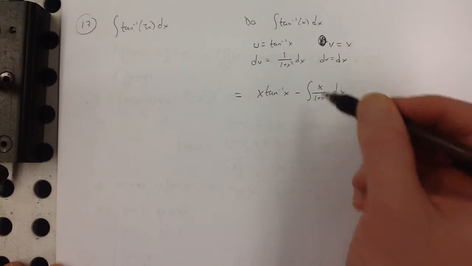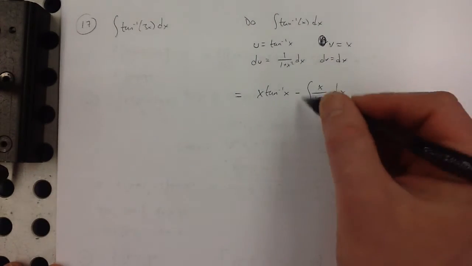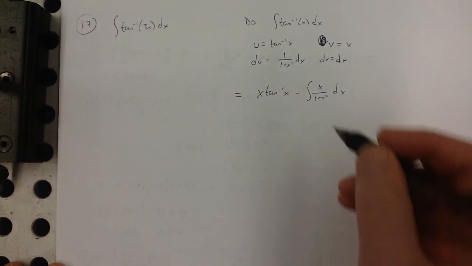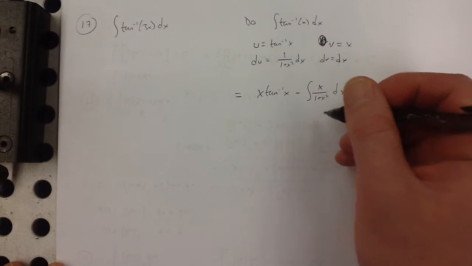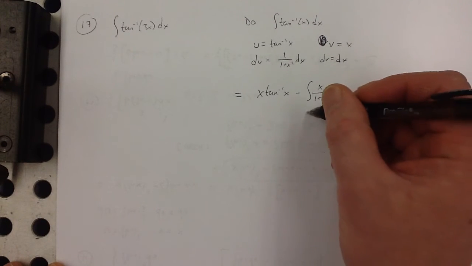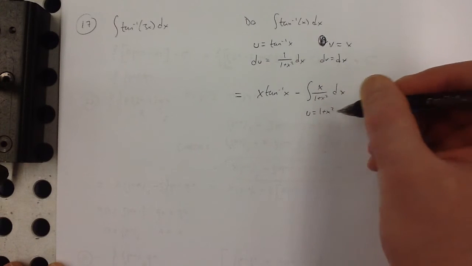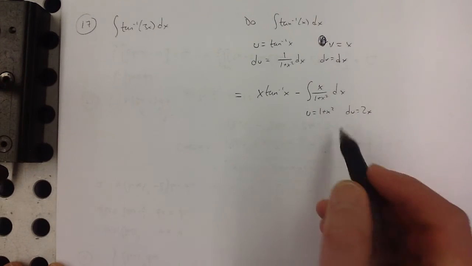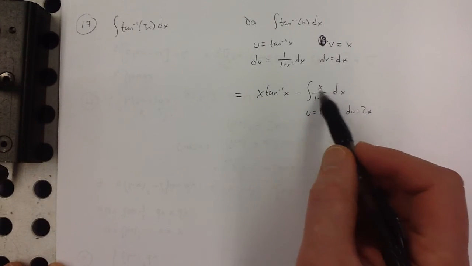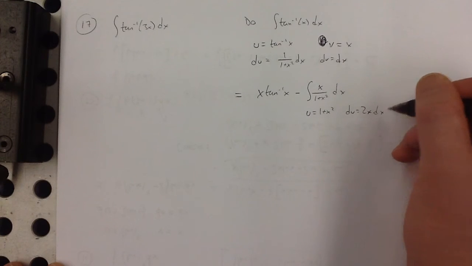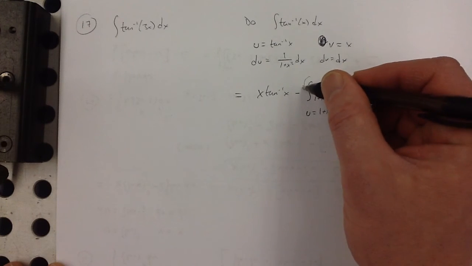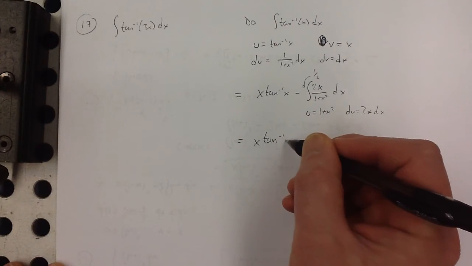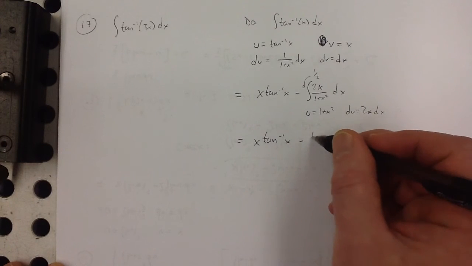And then this is its own little u substitution problem here. On its own, this is an easy problem. It might seem like a burden here appearing in the middle of another already complicated enough problem, but we'll just go ahead and plow through. So if I let u equal 1 plus x squared, then du is equal to 2x dx, right? I knew that that would work because the derivative of x squared is some kind of multiple of x. So that means I need a 2 here, which means I need a 1/2 here. So I'm going to make sure I don't lose track of this on the outside here. Minus 1/2,